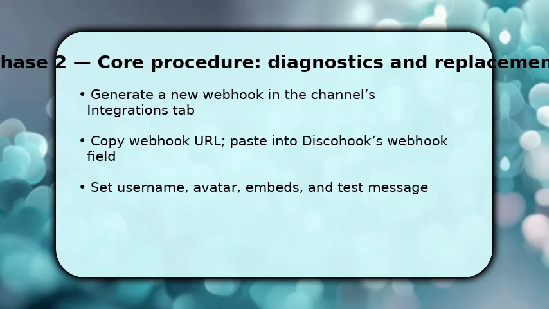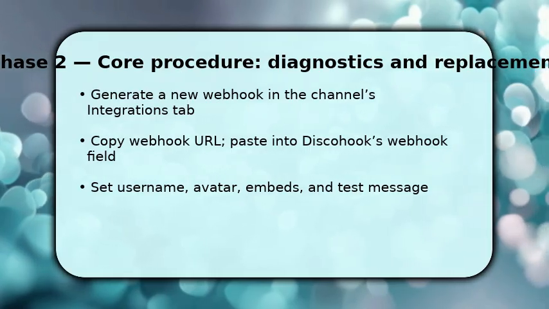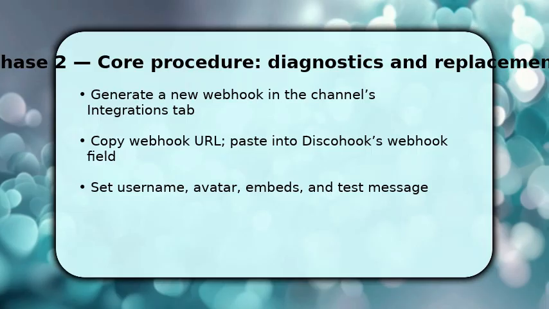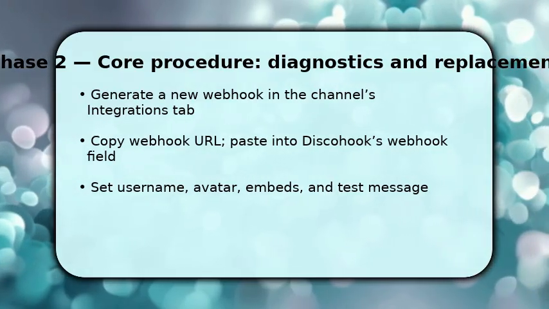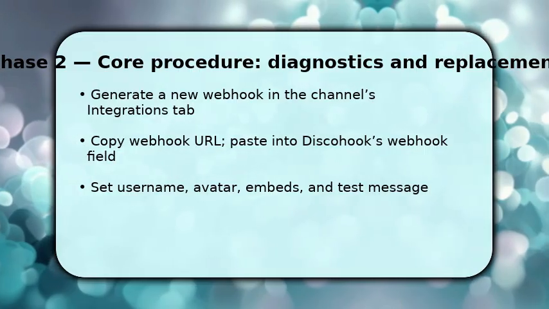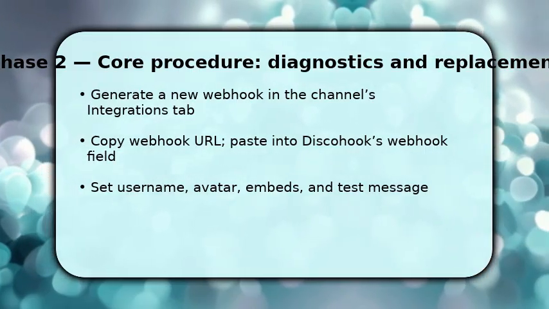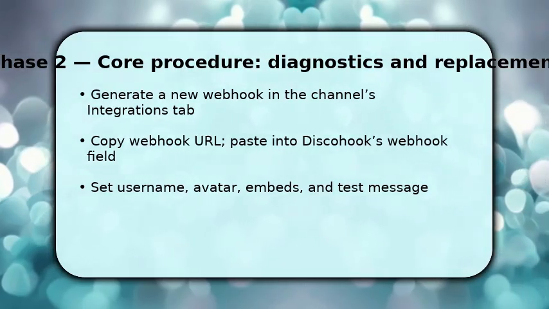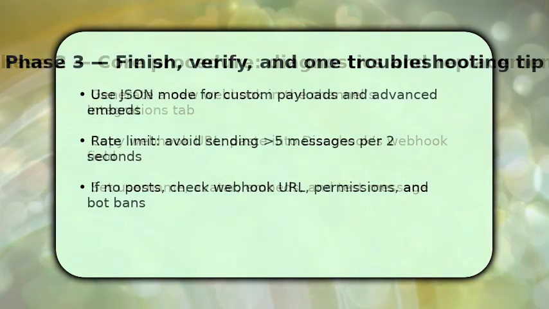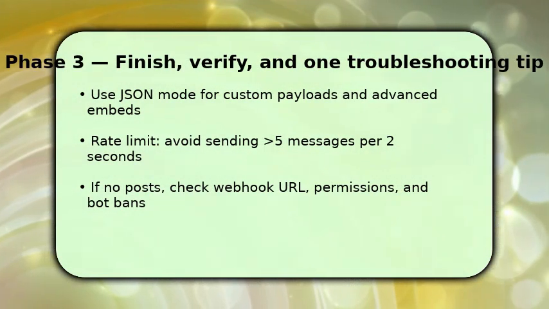Configure the visible username and avatar so messages are identifiable. Next, build an embed, add title, description, color, and fields, use timestamps where useful. Then send a test message via Discohook to confirm payload formatting. And finish by using Discohook's JSON mode if you need advanced embeds or conditional fields, because it gives full control